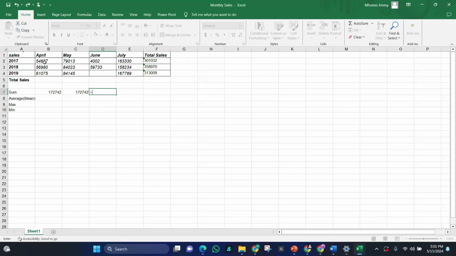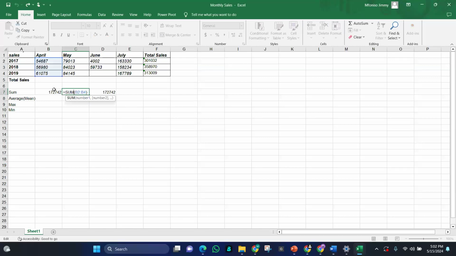I will say equals B2 plus B3 plus B4, enter. Did you notice the differences? This is a formula.